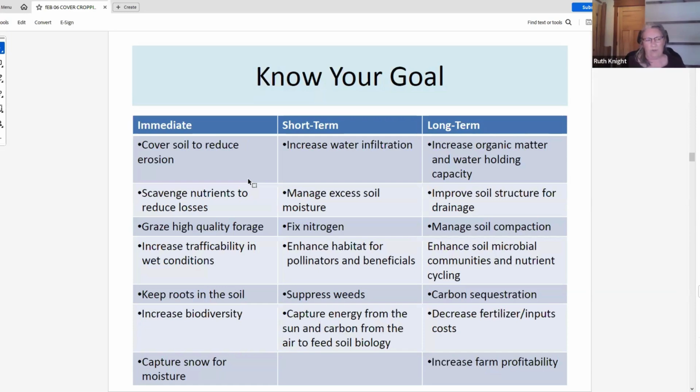And I think those of you that have been in the program for a while have come to understand that some changes don't happen very quickly, particularly the carbon sequestration, and it takes some time to change some of the physical aspects. But generally, the immediate one is to cover that soil to reduce erosion from wind and rain, scavenging